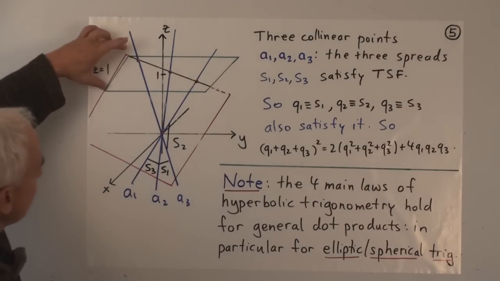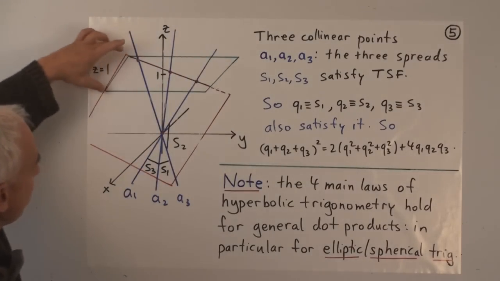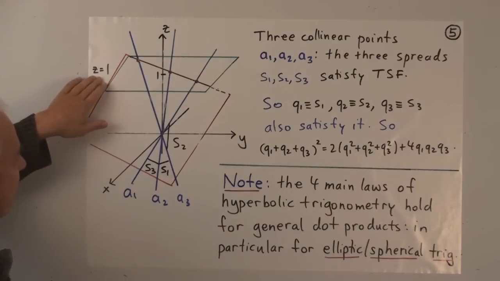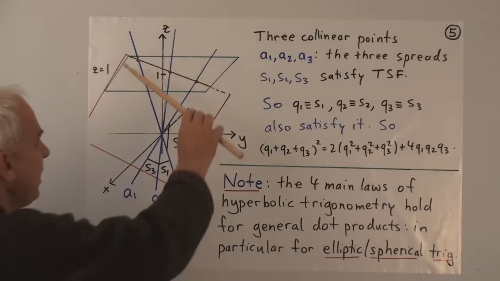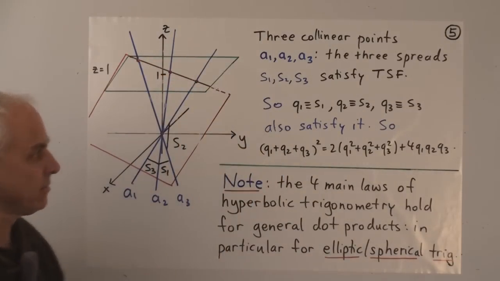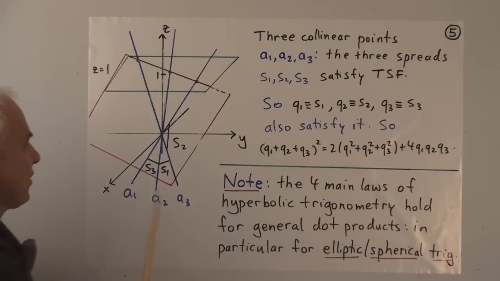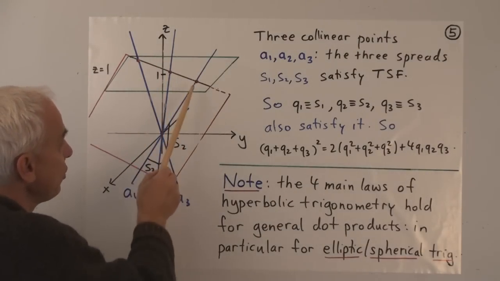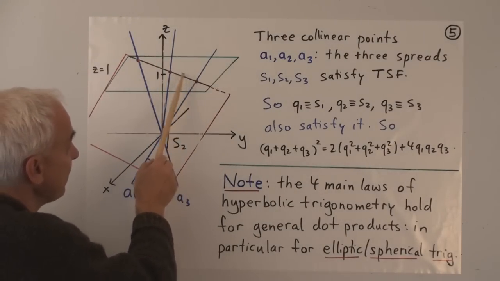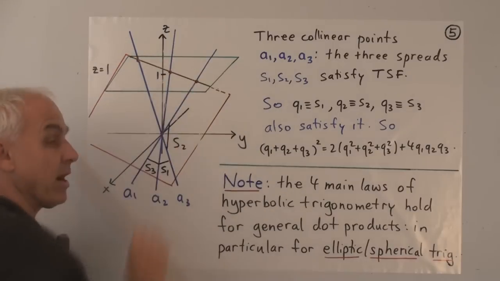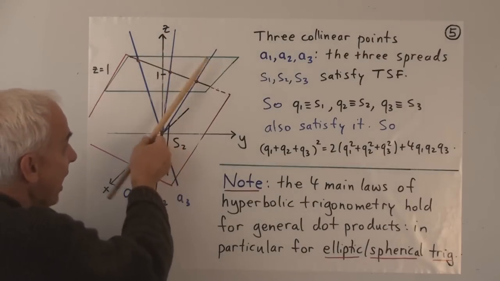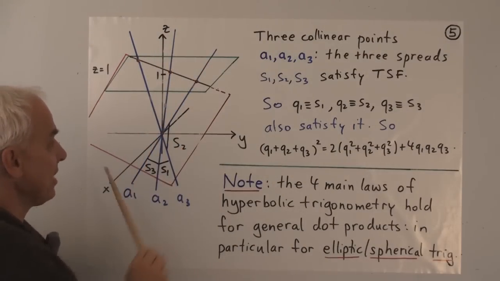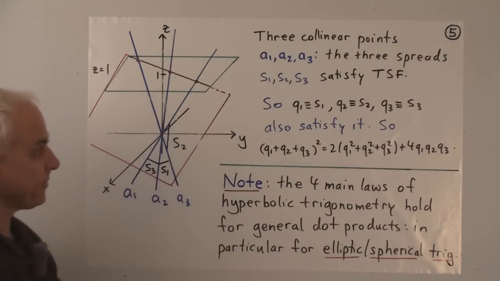Now we're generally trying to visualize things in our viewing plane, z equals 1 up here, and such a plane will meet this viewing plane in a line. So to say that the 3 points are collinear, you can either think of it two-dimensionally, in terms of these 3 points lying on that line, or you can think of it three-dimensionally as these 3 lines in the three-dimensional space lying in a plane.